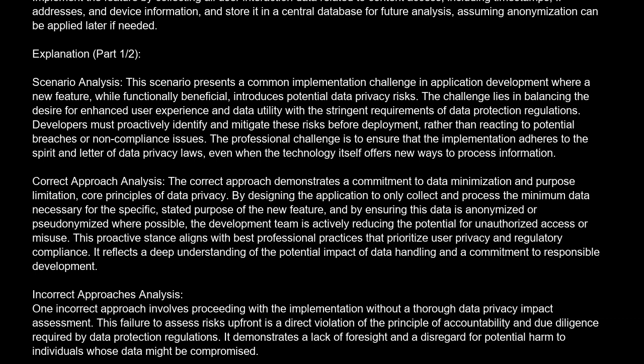It reflects a deep understanding of the potential impact of data handling and a commitment to responsible development. Incorrect approaches analysis. One incorrect approach involves proceeding with the implementation without a thorough data privacy impact assessment. This failure to assess risks upfront is a direct violation of the principle of accountability and due diligence required by data protection regulations. It demonstrates a lack of foresight and a disregard for potential harm to individuals whose data might